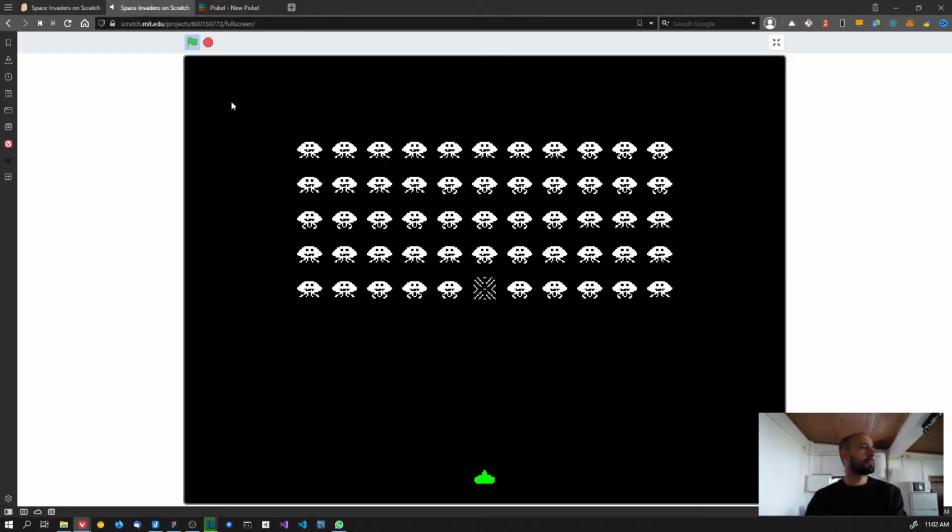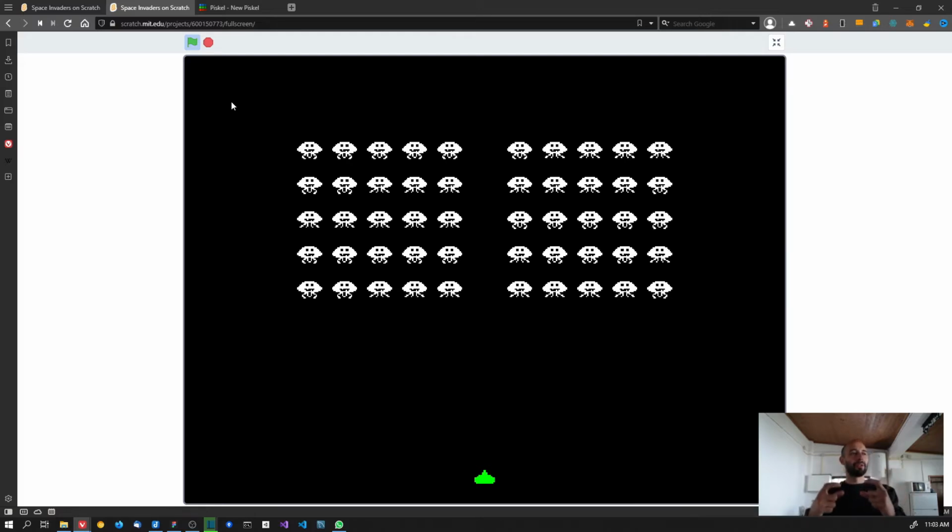And let's try it, and it works on the first one. So you can see, okay, it's working, but then it doesn't work on the other one. It works not on the first one, but it destroys on the second one. And this happens on the second and the third row, and on the fourth and the fifth. And I was like, okay, I'm not exactly sure why that happens. My theory about this is that it might probably be related with the animation of these sprites, because even these sprites,